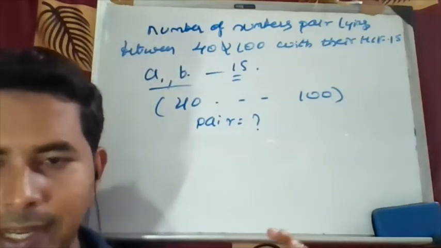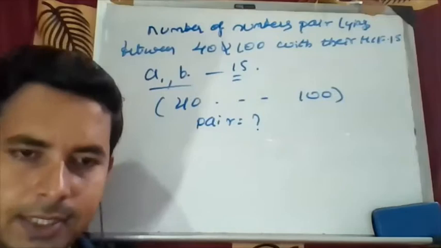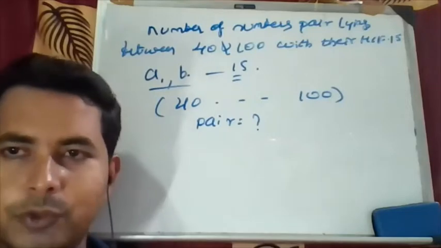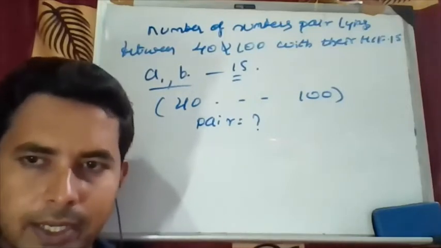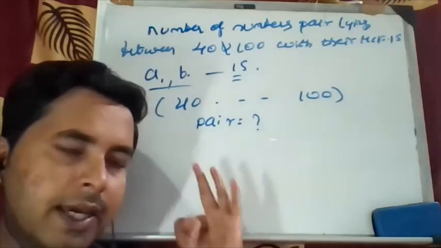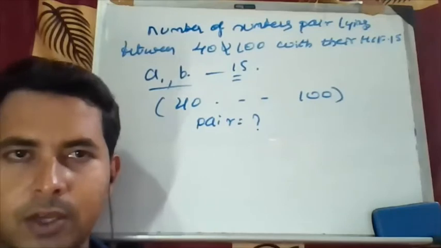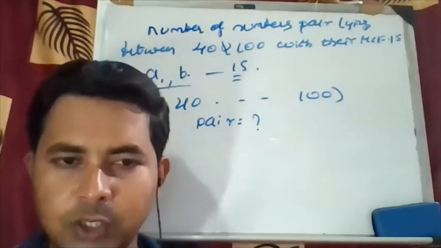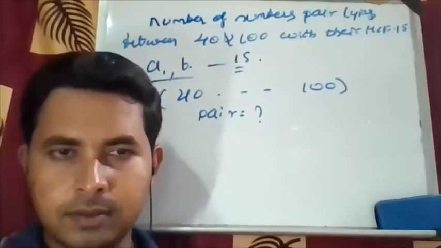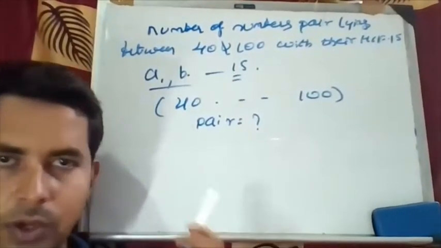Now you have to be on track, always thinking of how to approach an aptitude type of question. I have been taking classes for more than 1 week, meaning you are already on the track of solving aptitude questions. So think with that solving mindset. Here HCF is given, numbers are between 40 and 100. What are the pairs? I'll close the link and join the same link again. By that time, just think it or solve it.